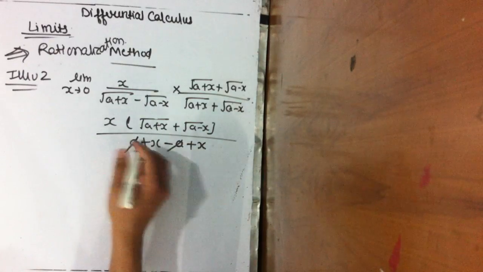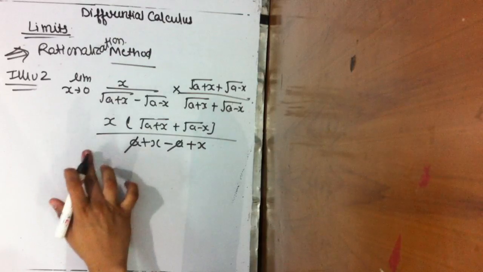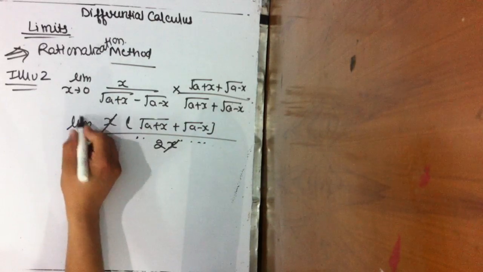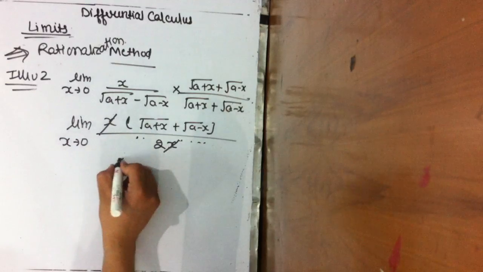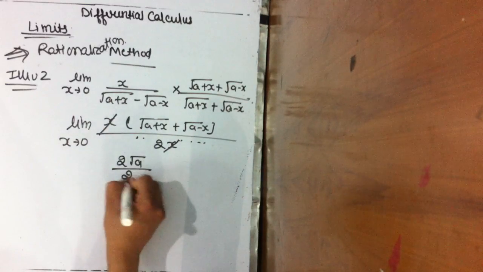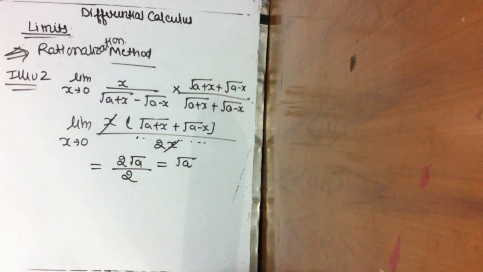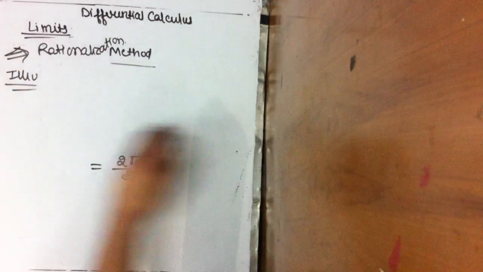So this again got cancelled, forming 2x, where x again got cancelled, forming limit x approaches 0. So upper will put 2 root a by 2, that is, the answer would be root a. So this is the second illustration. The third illustration is